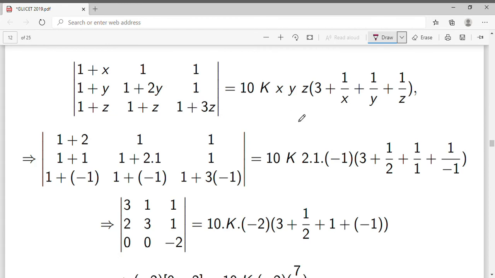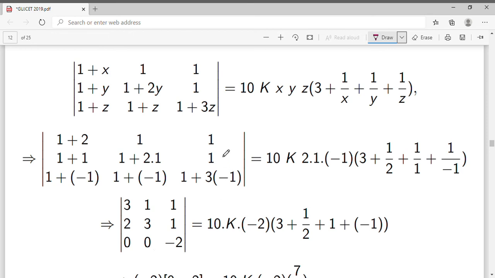This condition is given to us. In this condition, put the value of x, y, z that we assumed earlier. So here put x equal to 2, y equal to 1 and z equal to minus 1. In the same way, replace x, y and z everywhere in this determinant with our assumed values. Now this determinant becomes 1 plus 2, 1 plus 1 is 2, 1 minus 1 is 0. The second column becomes 1, 2 plus 1 is 3, and 0.